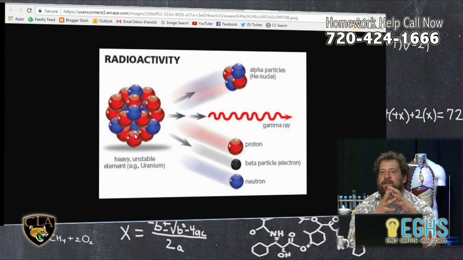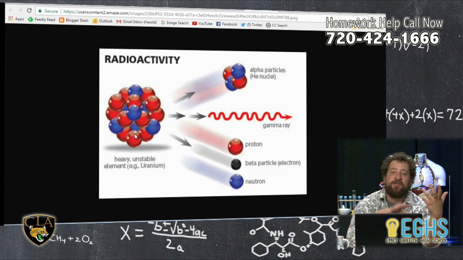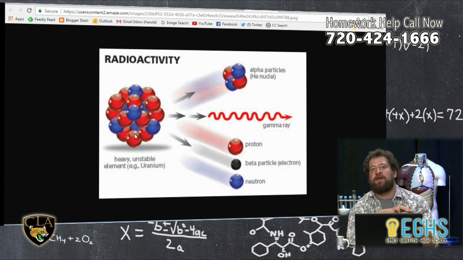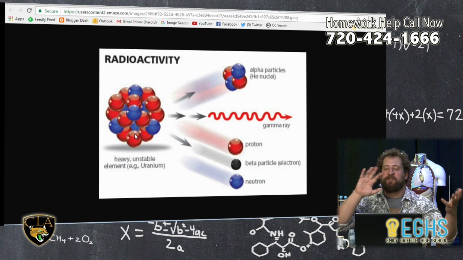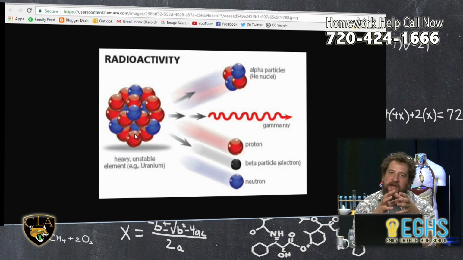One of the things that we learn about in chemistry or physics is the idea that all substances in the universe are made of atoms, and atoms themselves are composed of electrons, neutrons, and protons. And we learn that electrons orbit the outer regions of the atom, and that the very core of the atom is the part that's made up of protons and neutrons.